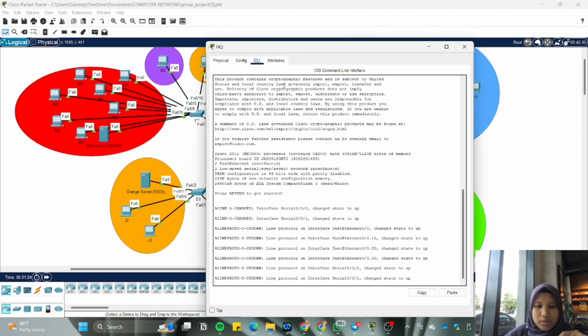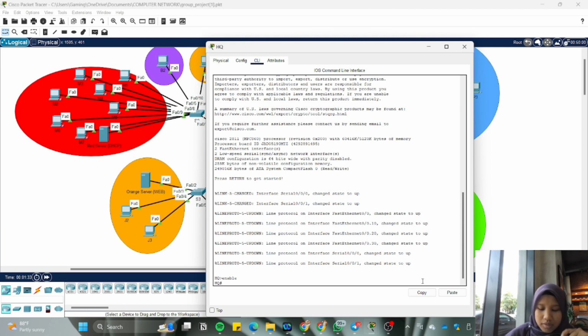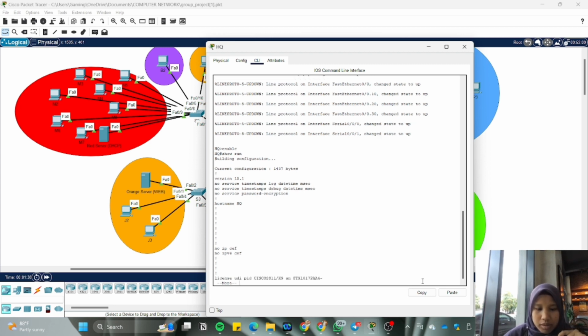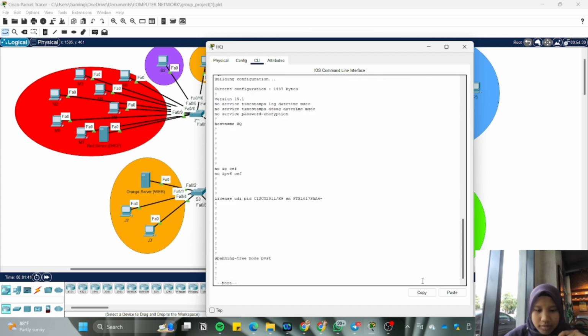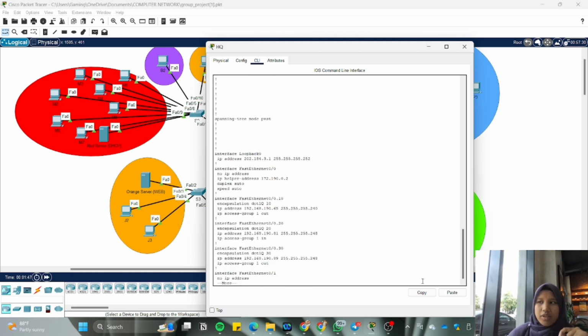So, encapsulation at HQ, enable, show run. I already did the encapsulation, which is FastEthernet 0/0.10, representing VLAN 10 with encapsulation dot1Q 10 with IP address 192.168.190.65 and subnet mask